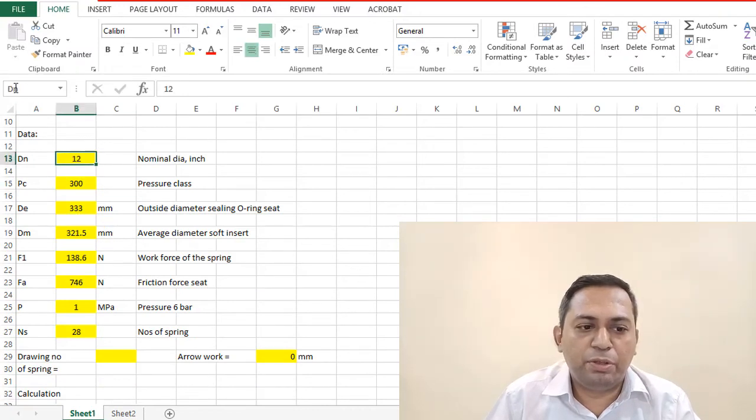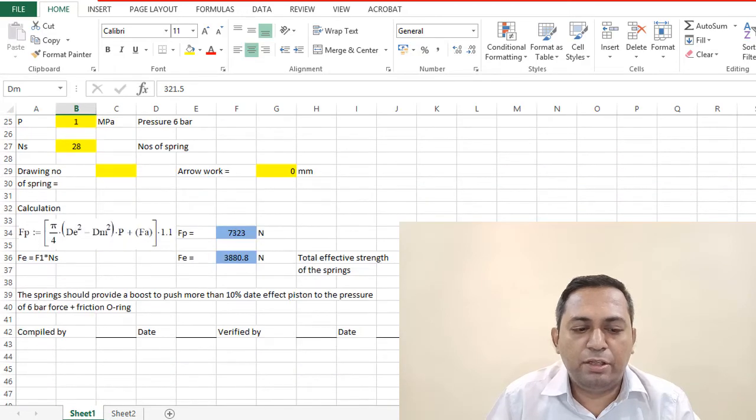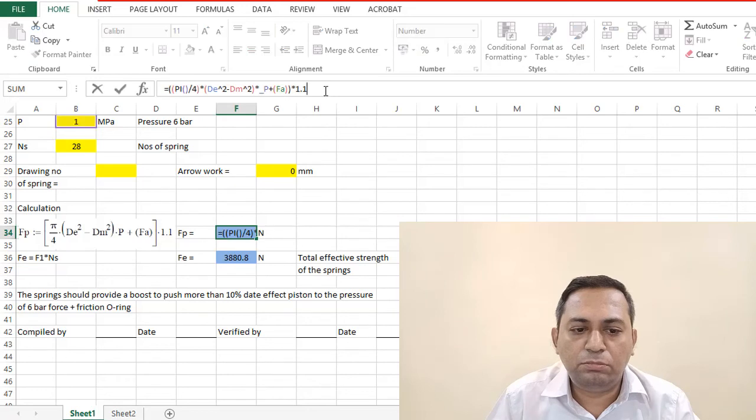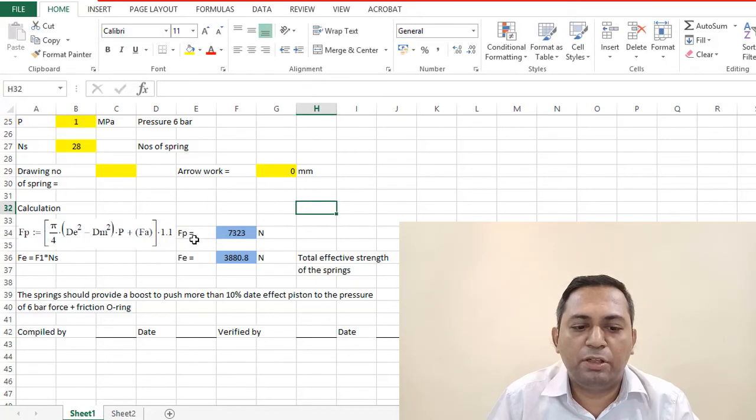For each one of them, we have given a name: DN, then PC, then DE, DM, all that. And here there is a formula. In this formula, pi by 4 DE raised to 2 minus DM raised to 2 into P plus FA, whole raised to 1.1, that is our FP. Very easy way, you can just simply calculate.